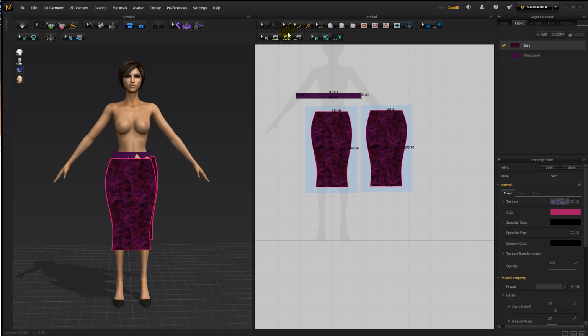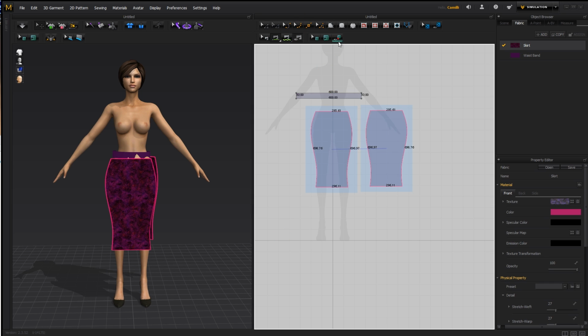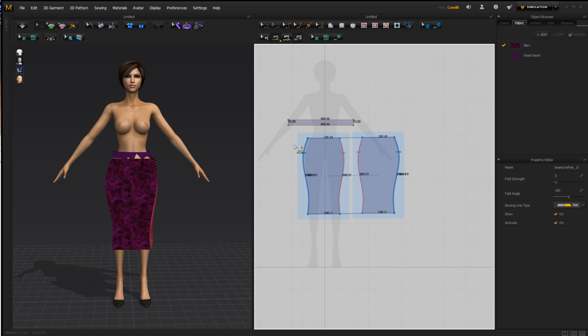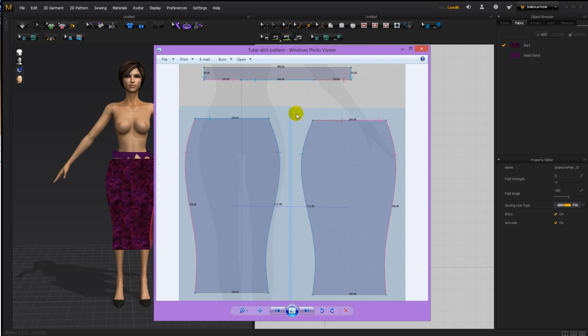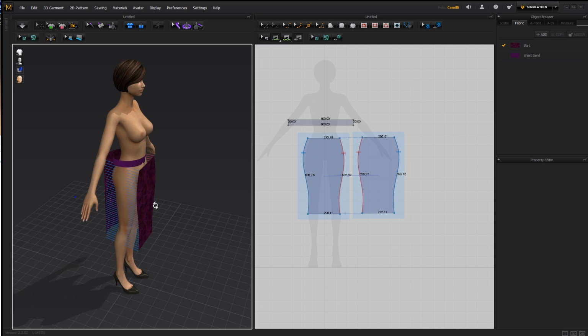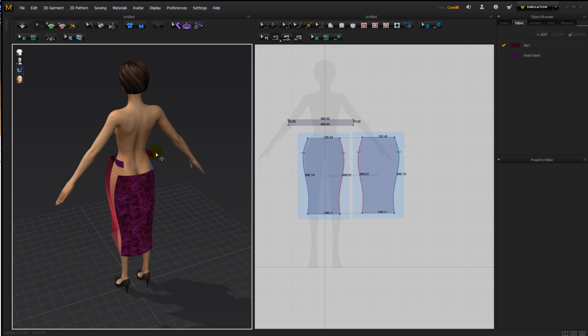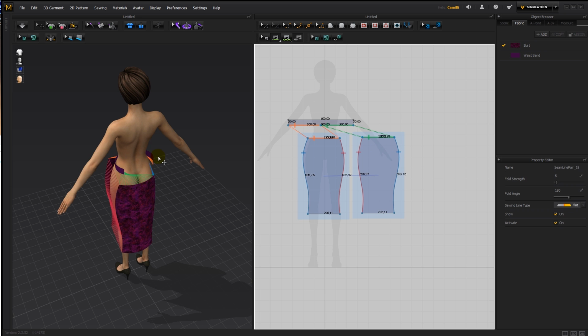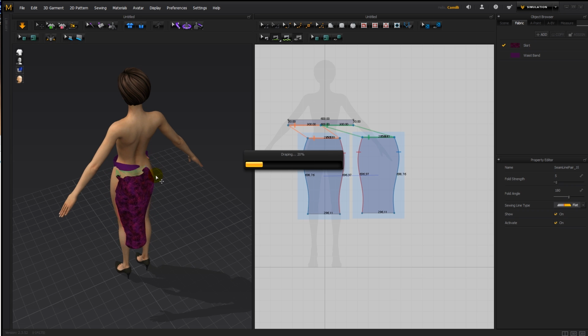Now let's take our segment sew tool. We can hide our texture so we can see it a bit better, and then I'll segment sew this to here, this to here. Now as for the sewing onto the waistband, you can see that this part here is sewn onto the middle, and then part is sewn to here and to here. And the reason for that is so that this part that closes in the back goes in the back and not on the side. Because if you just would sew like this and then simulate,